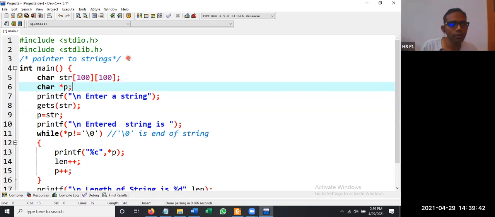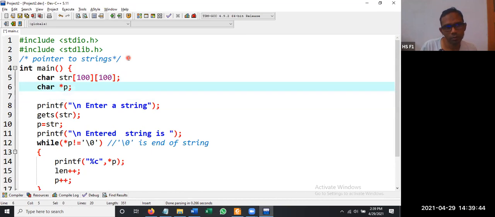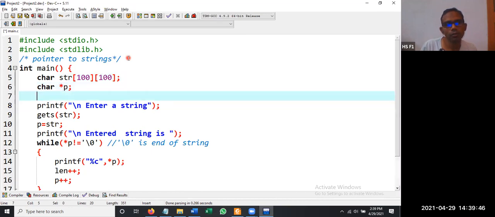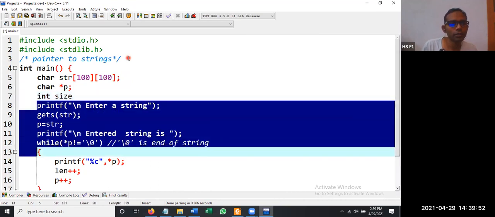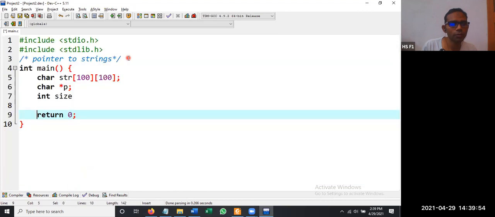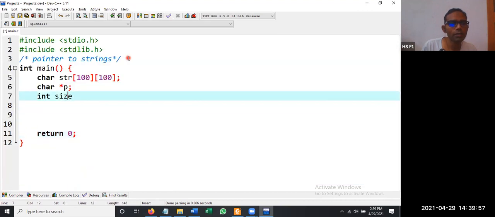So here, character P. Now here, we are going to create integer size. So here we don't want this string. Let us remove all this program. Integer size.